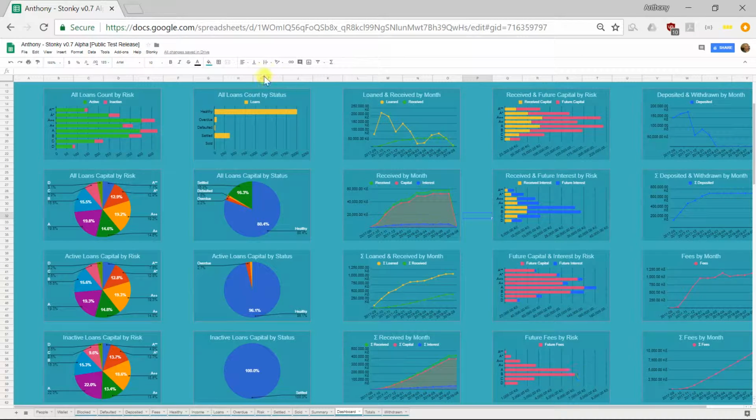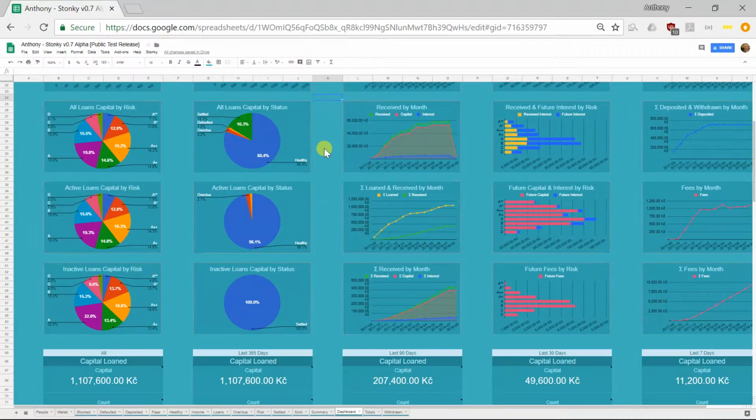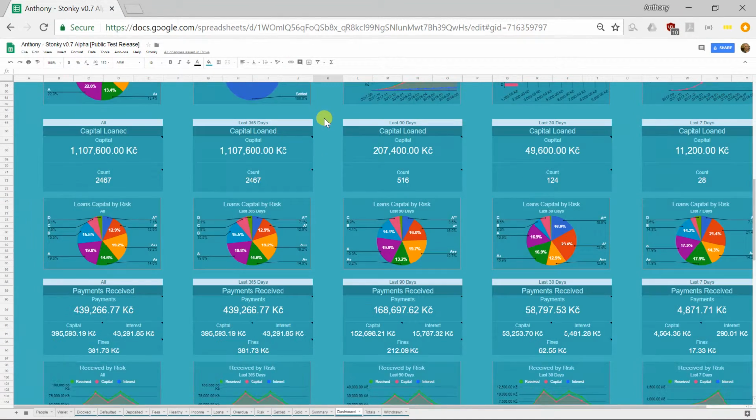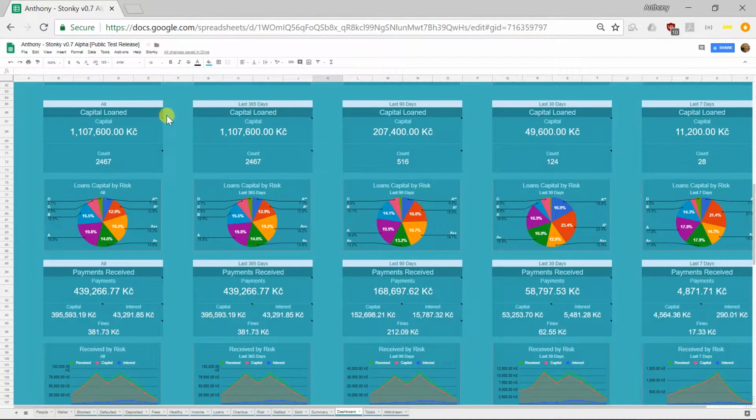If, however, you're going to be doing a detailed analysis, you'll notice a great many charts. And these are charts that break down across time. So what was my activity in the last 7 days, last 30 days, last 90 days, last 365 days, last year, or all my time on Stonky. And looking at these, I can see changes in trends. So, for example,